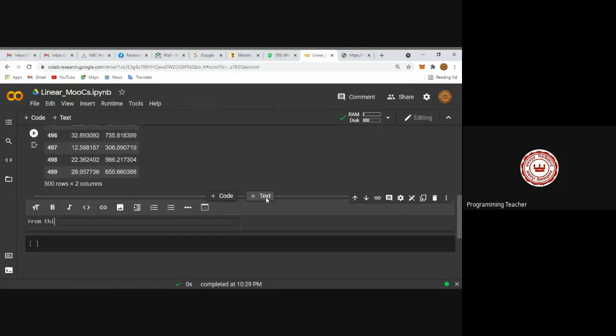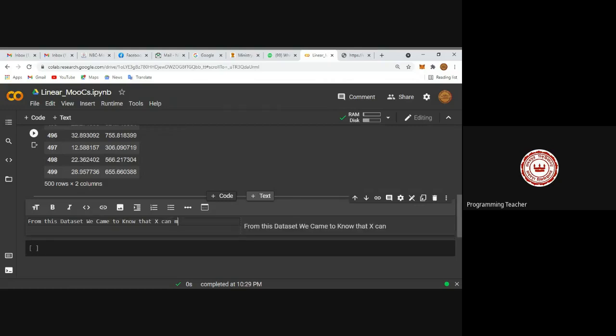So let's try to explain X and Y properly. From this data set, we came to know that X can be my air temperature and Y can be revenue.